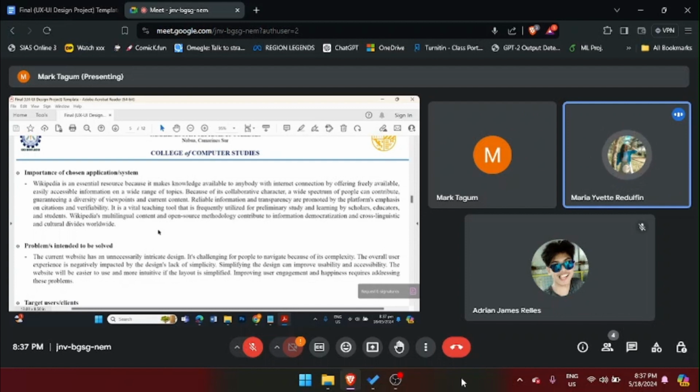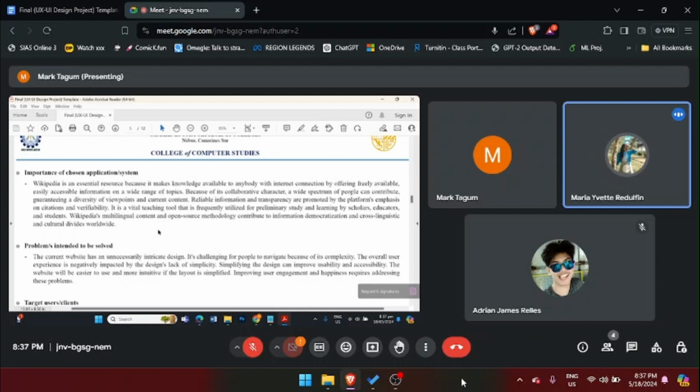The importance of choosing this application system: Wikipedia is an essential resource because it makes knowledge available to anybody with an internet connection by offering freely available, easily accessible information on a wide range of topics. Because of its collaborative character, a wide spectrum of people can contribute, guaranteeing a diversity of viewpoints and current content.